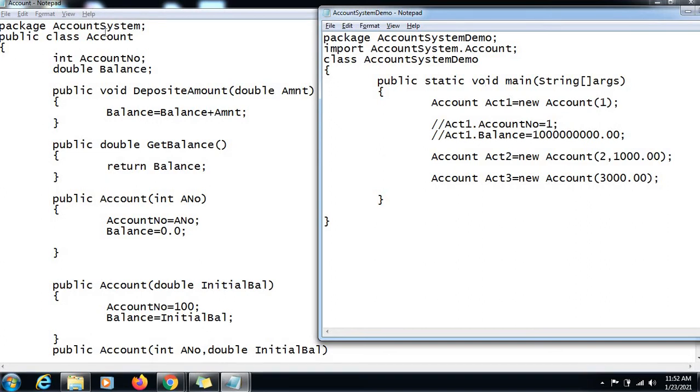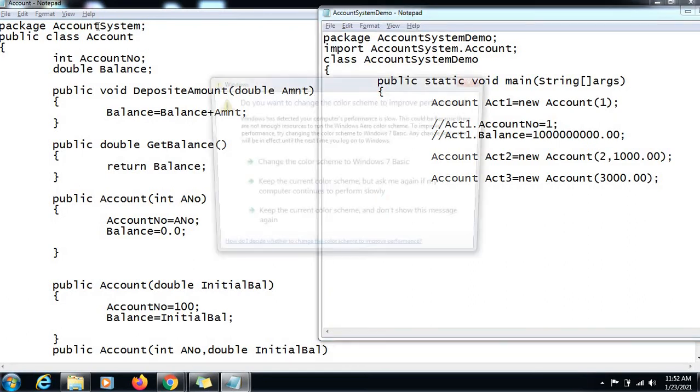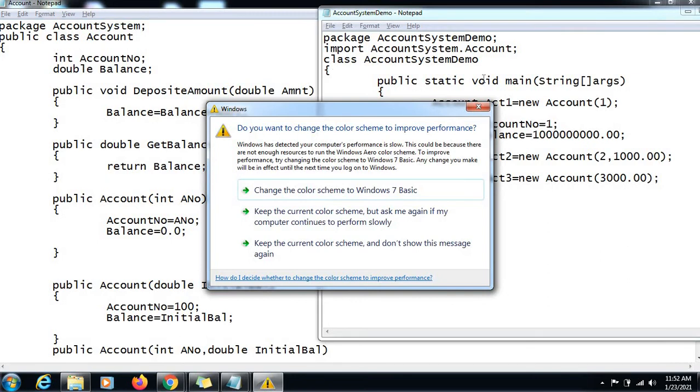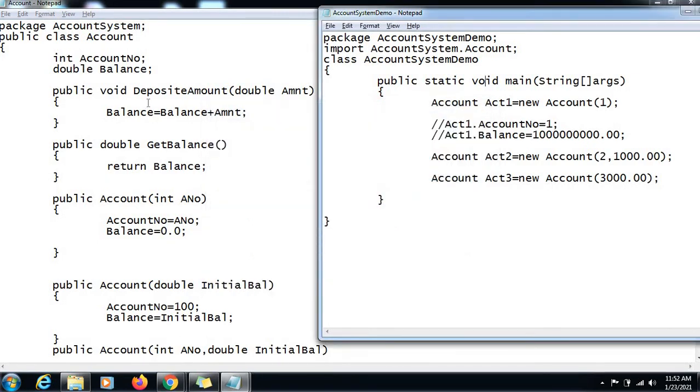And the second requirement is that your Java file should also be present in the package folder, not only the class file. Previously we used to put only class files in the package folder after compilation. Now the compiler will take care of that, but what we need is our Java file to be present in the package folder. So again, I am mentioning these two requirements. One, the class name and the Java file name should be the same, and two, the Java file should be present in the package folder. Okay, these are the two very important requirements.